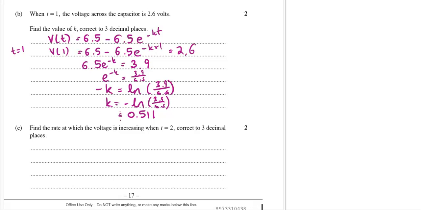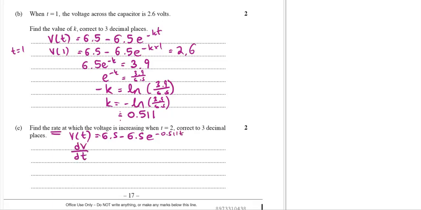All right, part C says find the rate at which the voltage is increasing when t equals 2, correct to 3 decimal places. So please notice that word rate. You know from your Year 8 rates and ratios work that rates have units, so we must remember to put in the units. So if V is a function of t equals 6.5 minus 6.5 e to the minus 0.511t,